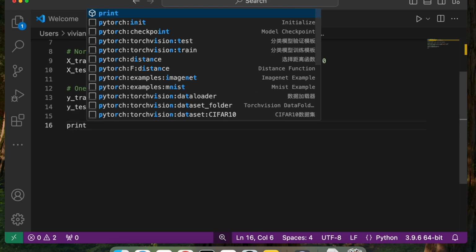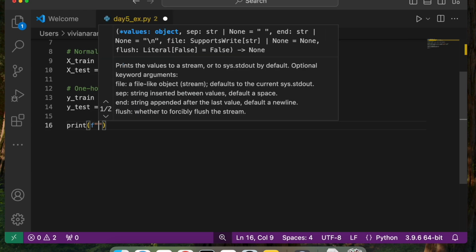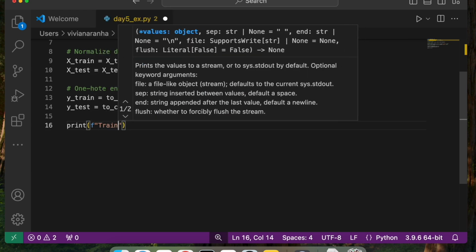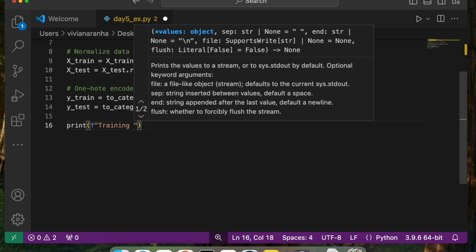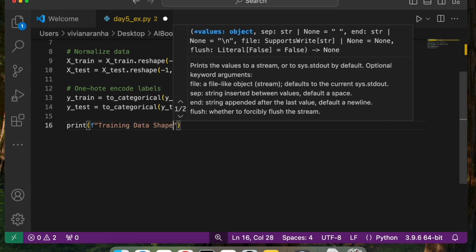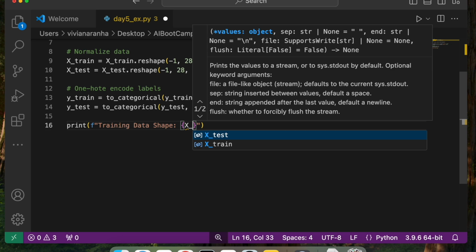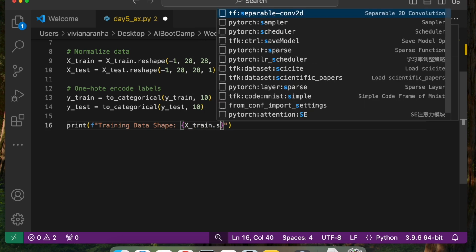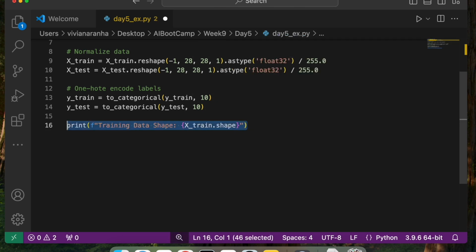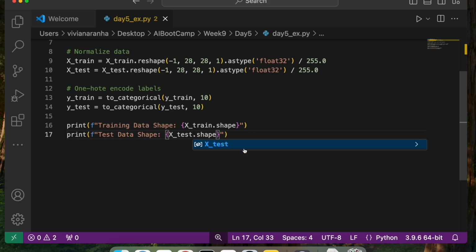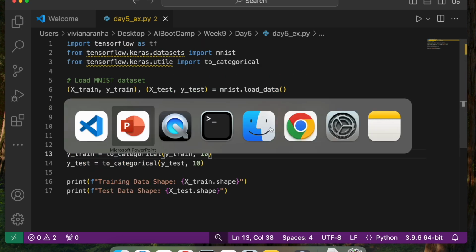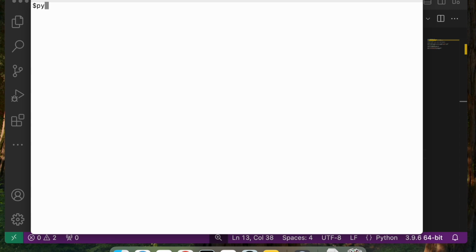Now let's go ahead and print and see how it looks. Training data shape is x_train.shape, test data shape, x_test.shape. Just to confirm, let's run python day5_ex.py.